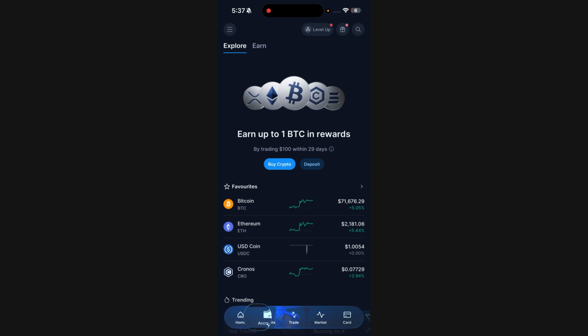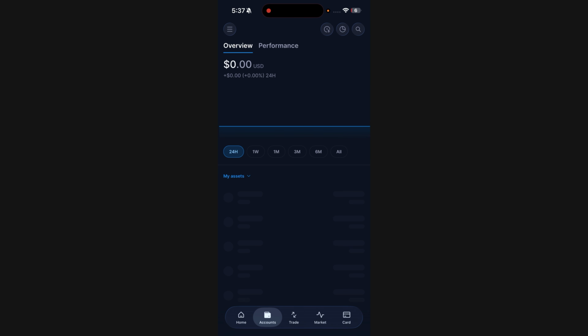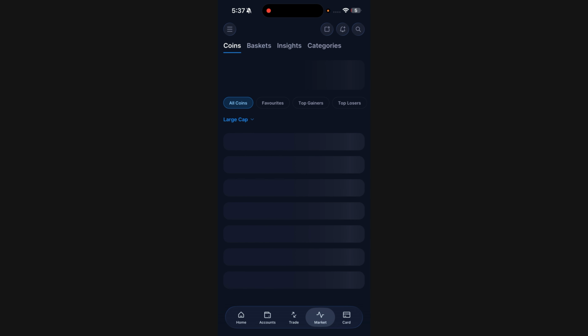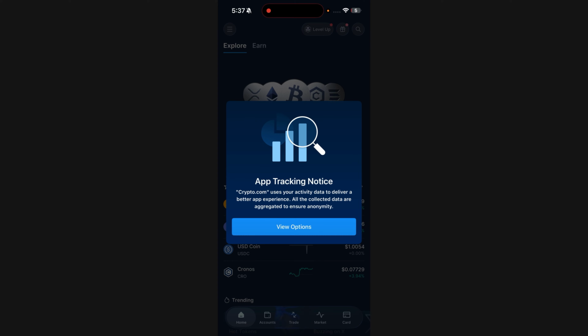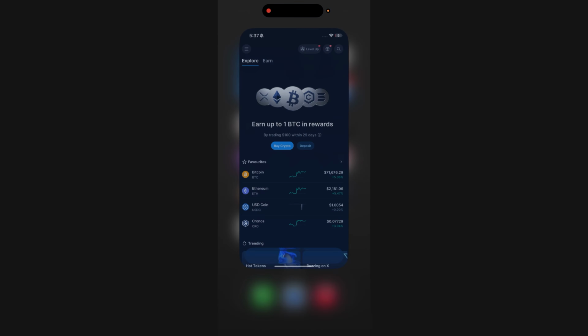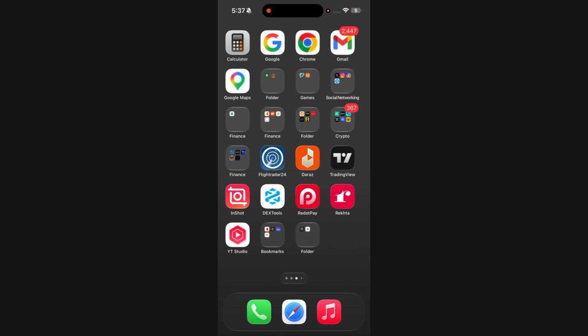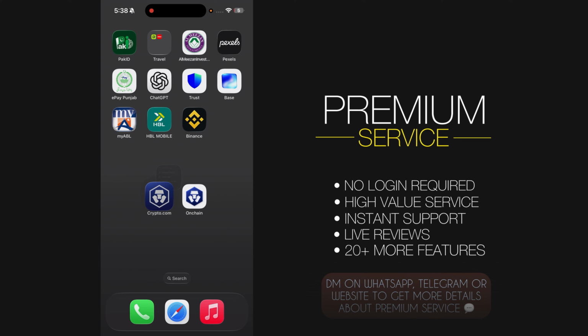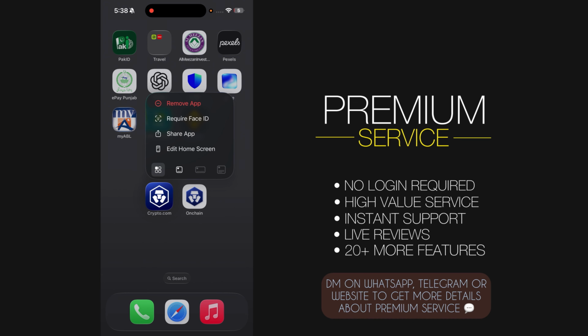You can use all your options here like account, trade, then you have markets, card, and on the homepage you can also click on the rewards section to get your free beginner rewards. And if you want a complete tutorial on crypto.com withdrawal, simply write a comment in the comment box. I will absolutely make a video on this topic as well if there are more than 20 requests in the